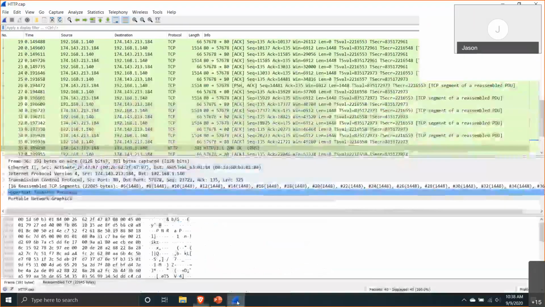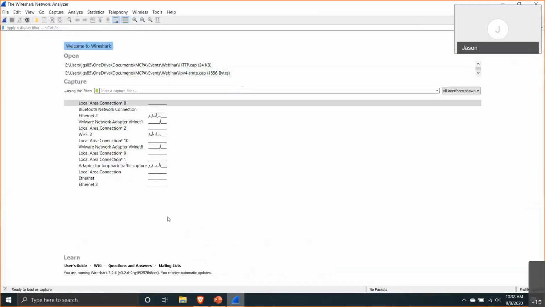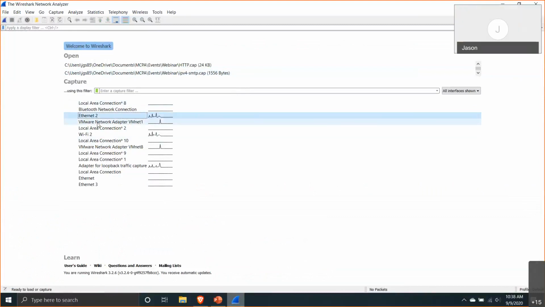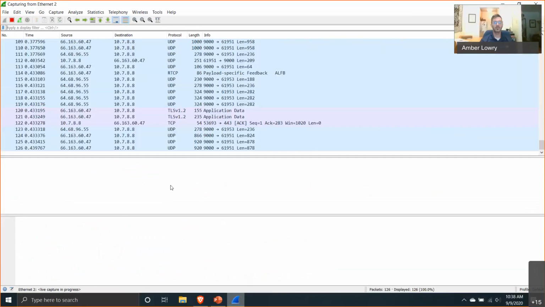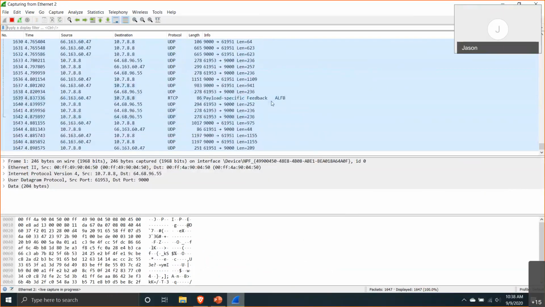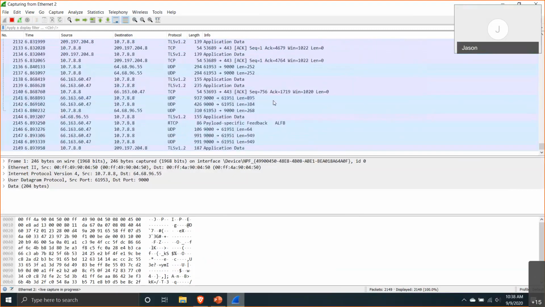Once you have it, this is what it looks like. You can actually capture traffic going on your network. So if I was to do this, this is all the network traffic right now, real time, going on between my host, my laptop, and my router.